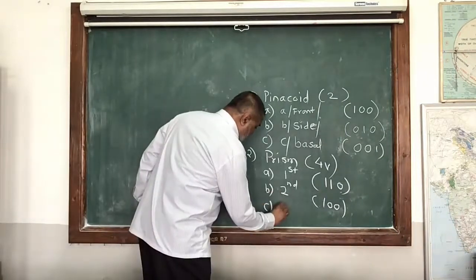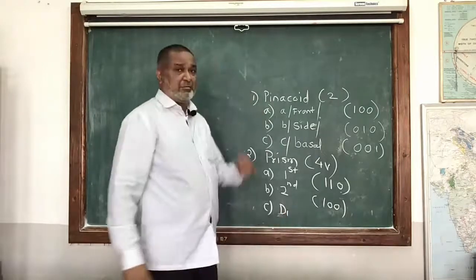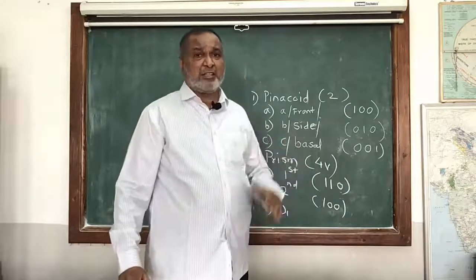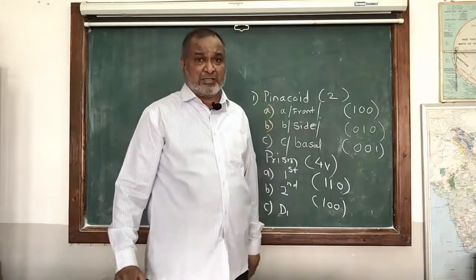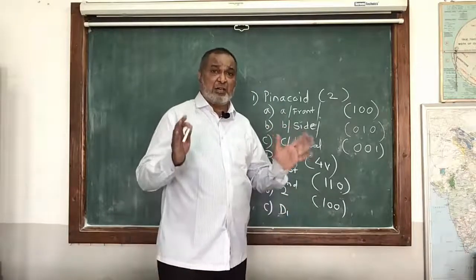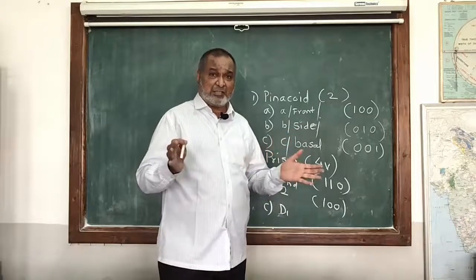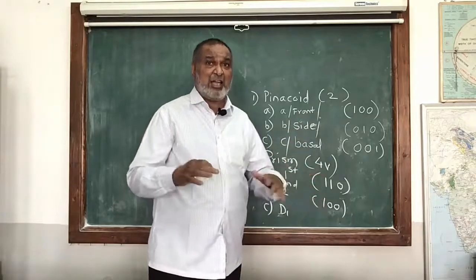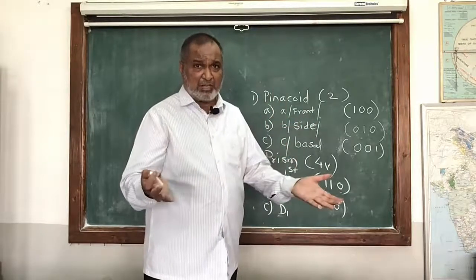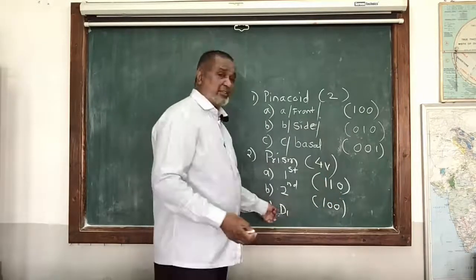Now the next one, ditetragonal or dihexagonal prism. The faces are double in number. Instead of 4 vertical faces, here there are 8 vertical faces. Just by counting, you immediately come to know it is a prism, with 8 vertical faces. It is a ditetragonal. If there are 12 faces, yes, it is the dihexagonal, with 6 vertical. It is the first order, and as the number is doubled, it is the ditetragonal or dihexagonal prism.